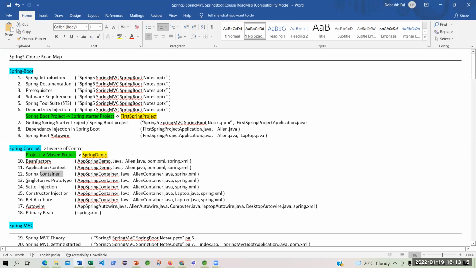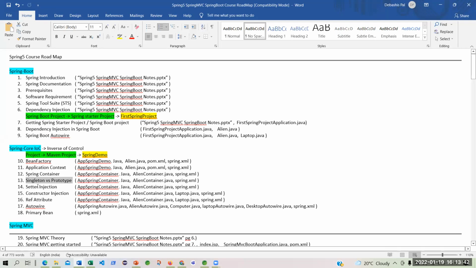And then we learned about singleton versus prototype. A singleton can have multiple references, but the object will be created only once. But in prototype, as many times as you refer to the object, a new object will be created, right? So it depends on your design where you will be using singleton and where you will be using prototype.